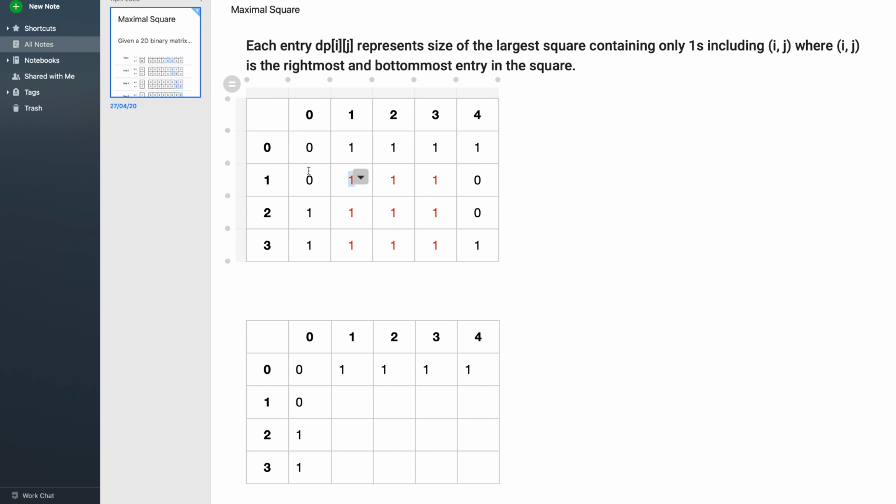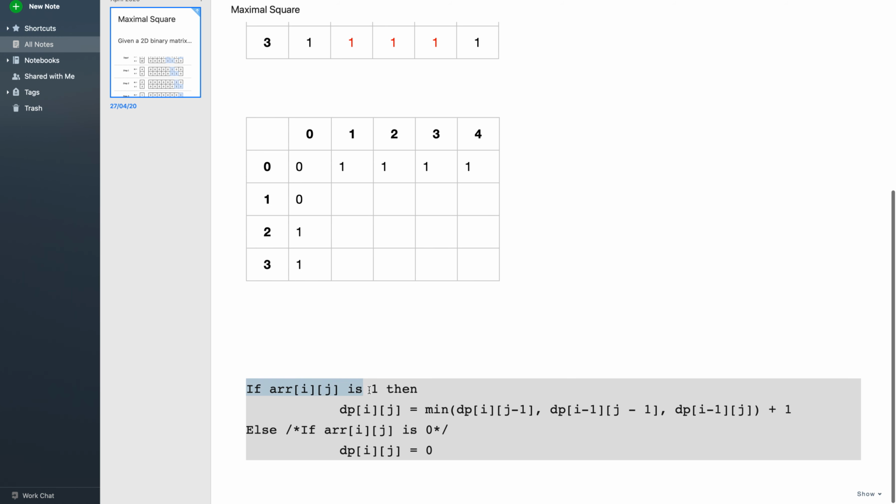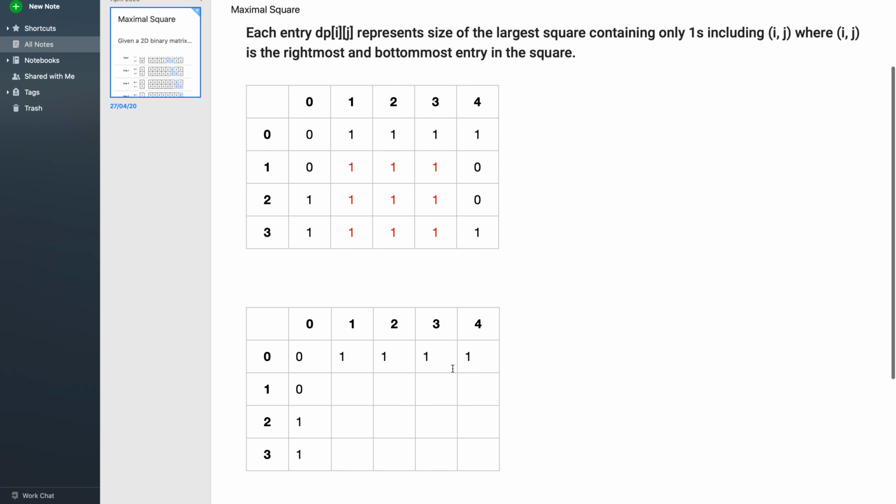We will take the minimum of these three values and simply add 1 to it in case the current value is 1. It's written over here. If the current value is 1, then for dp[i][j] we take the minimum of these three values and just add 1 to it. And in case arr[i][j] is 0, we will simply say dp[i][j] is 0, which is self-explanatory.